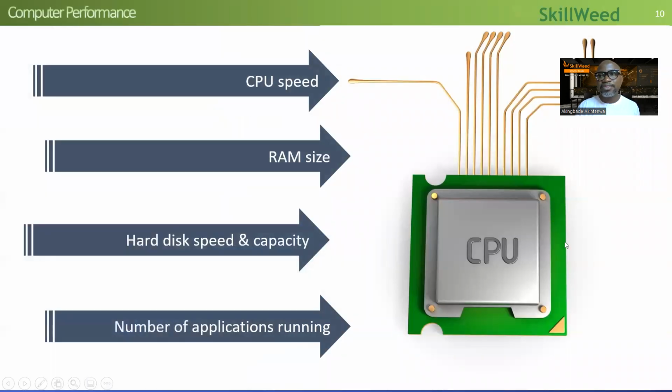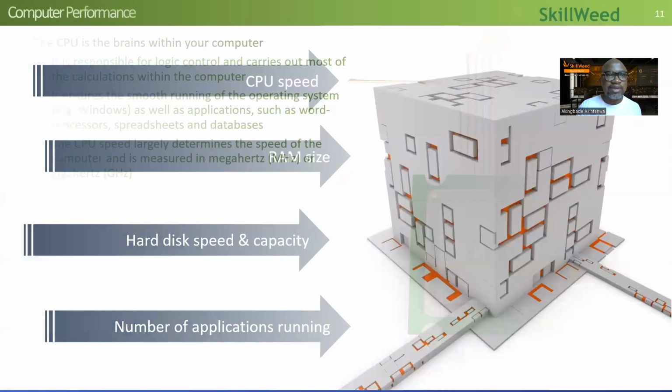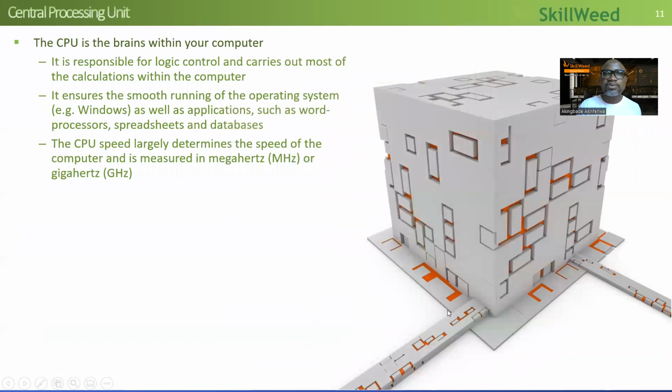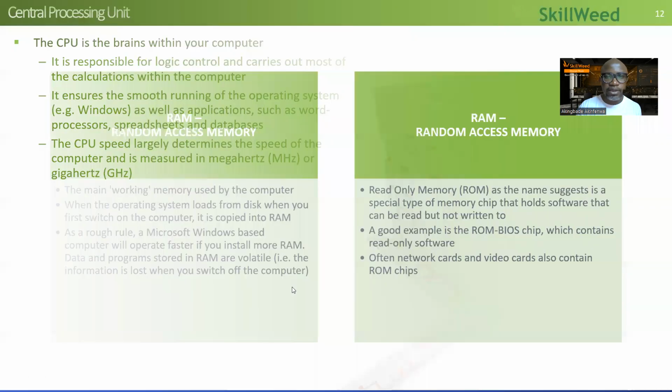Again, like anything, all of those devices have speed, sizes, and capacity, which can also trigger different applications running. We don't need to know all the details of this, but to have awareness, at the minimum, of the intricacies at the back end. So just have an understanding. The CPU, central processor unit, is the brain of your computer. It's what runs everything in the computer. So I just wanted to throw that out there.